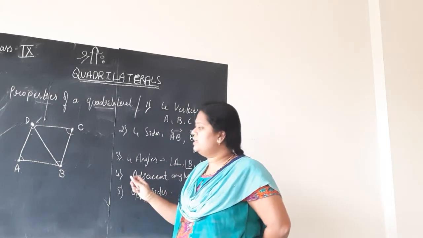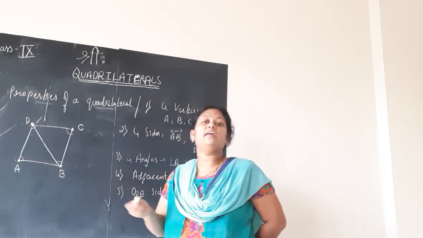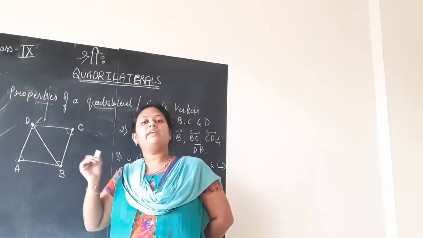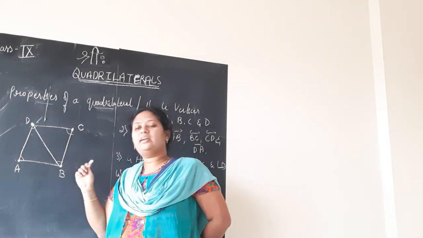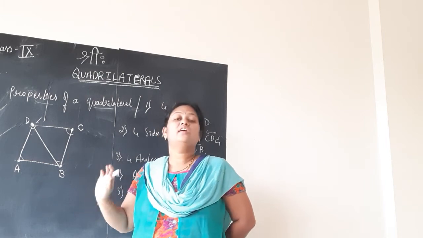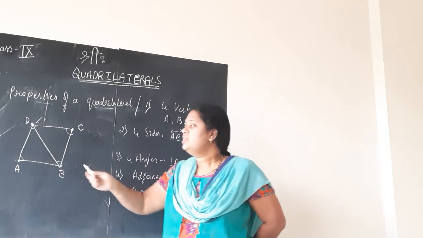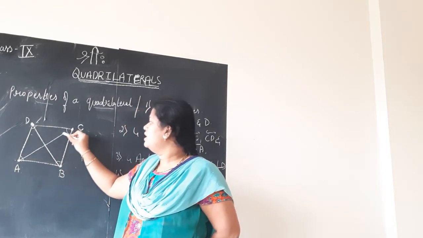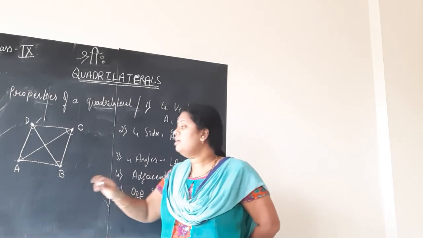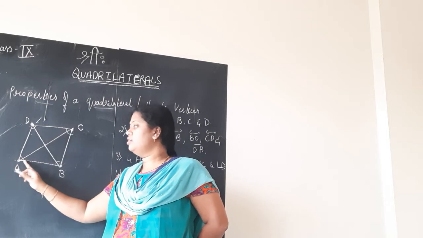So, let us go back. A diagonal is the line segment which is obtained by joining non-adjacent vertices. Hope now you understood the meaning of non-adjacent. D and B, are they adjacent? No, they are not one beside the other. Instead, they are opposite to each other. So, instead of using the word opposite, we use the word non-adjacent here. Similarly, A and C, the line segment we obtain by joining the opposite or non-adjacent vertices A and C is called a diagonal.